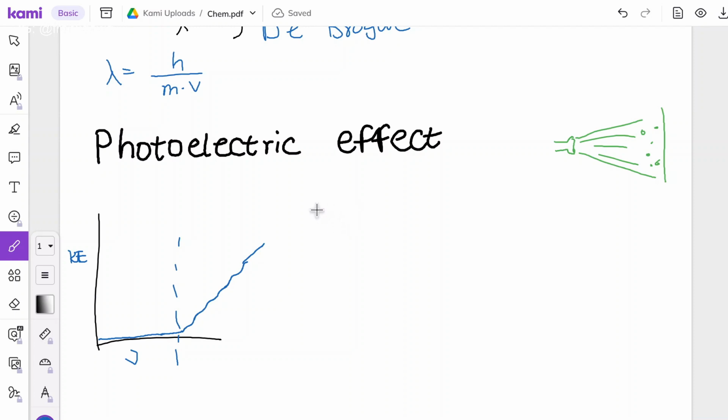And the equation for the photoelectric effect is the energy of the photons is equal to the BE of the electron, which is basically the binding energy of the electron, plus the KE of the electron as well, which is the kinetic energy of the electron. And the equation